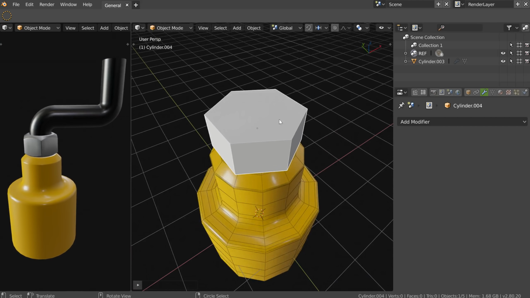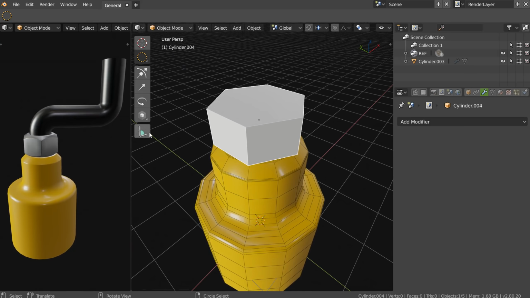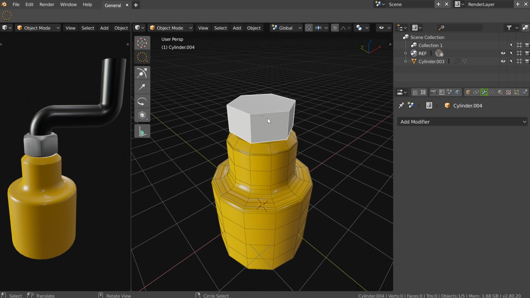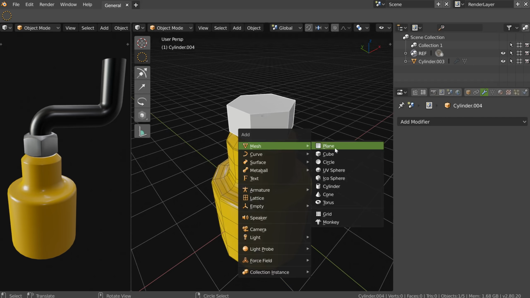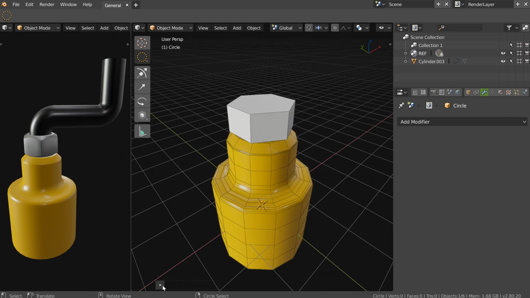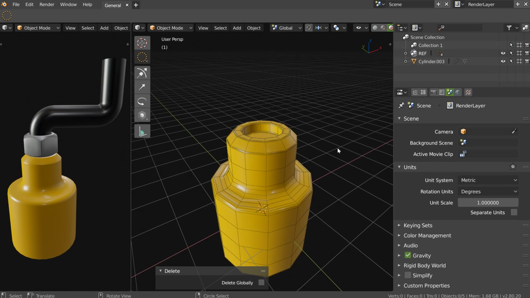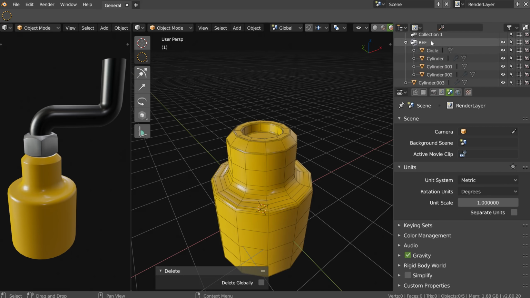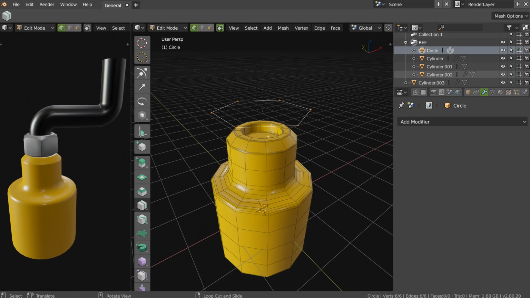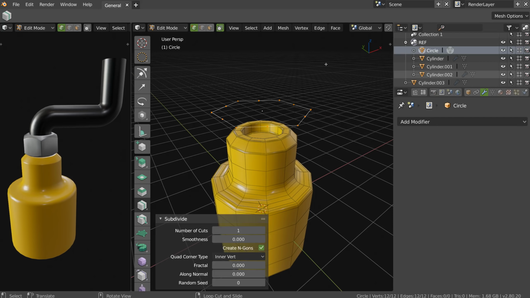So on this one, I will use one of the new ones. Yes, I could have made something like this. For example, I will press Shift A, I will press circle, up, 6, like this, and I will remove this one. I will select my circle, where is my circle? Here, I will press G, I will select everything, I will press, normally it's adjust maybe, subdivide, and I will add another, okay, and another one.